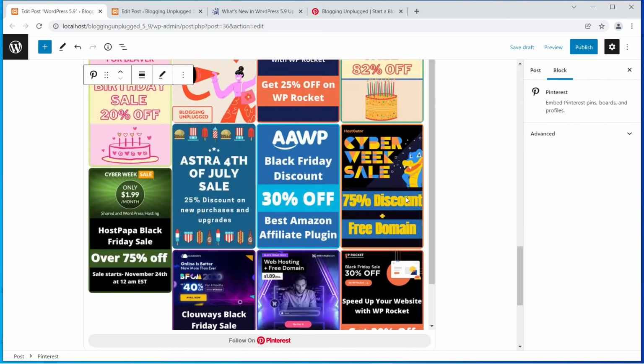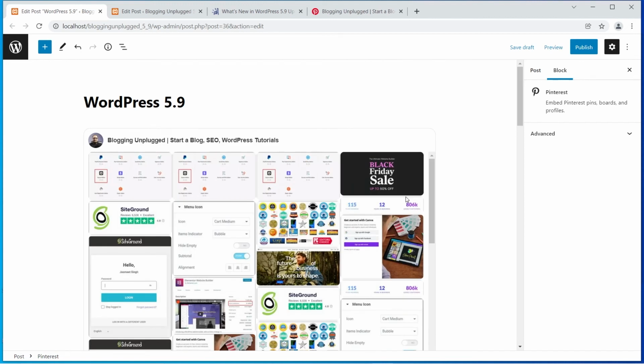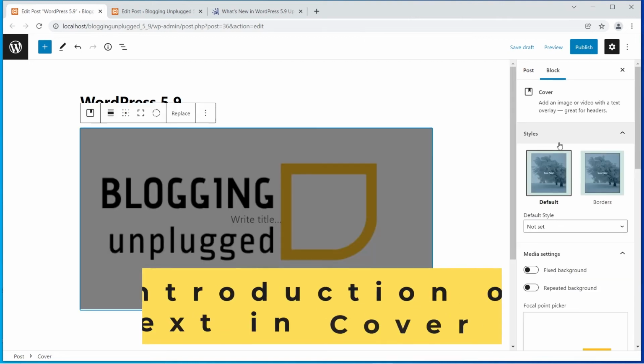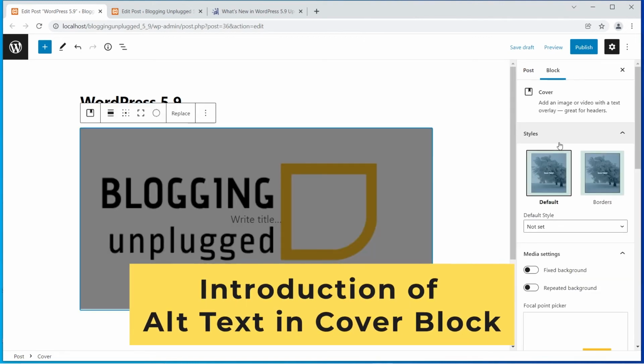And there you have it. Now you no longer have to think about how you can embed your pins or groups in your WordPress site. This block gives you a very easy way to do this. Now after the new Pinterest block, the next topic that we are going to discuss is the introduction of the